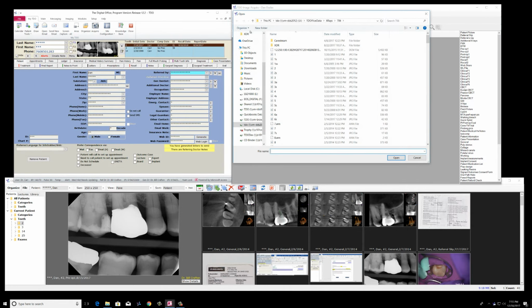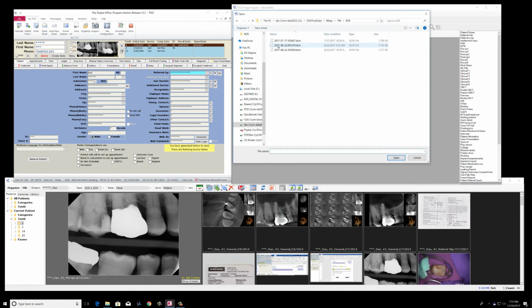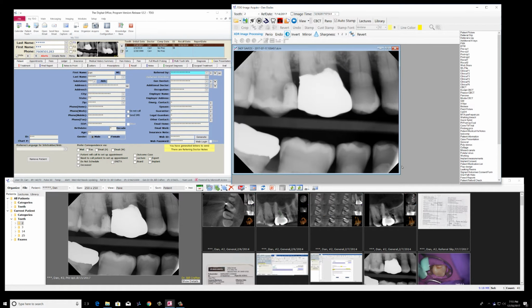I'll go into that patient's record, go into the XDR. Now this is the x-ray that came up. So instead of just saving this as a pre-op, I could save it as an amalgam core, but you'll notice that I don't have an amalgam core category. So all we need to do really is create an amalgam core category. The way you do that,